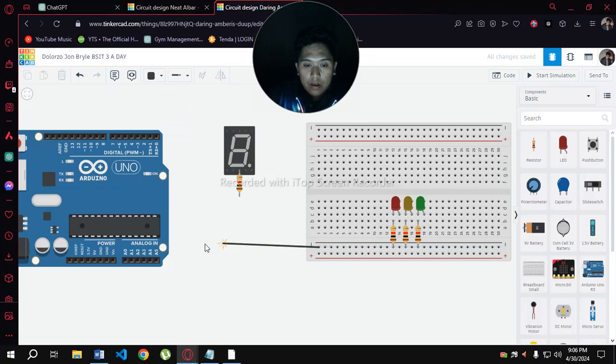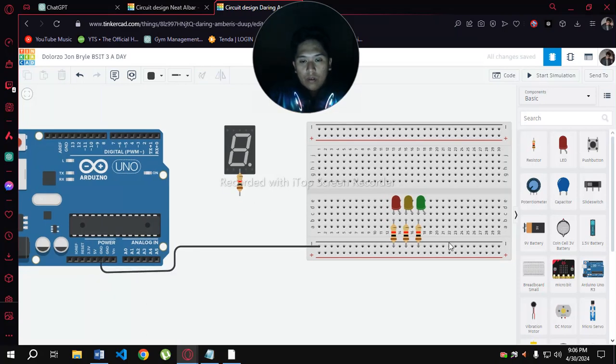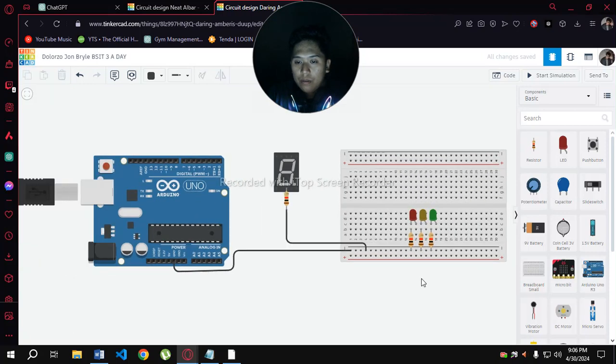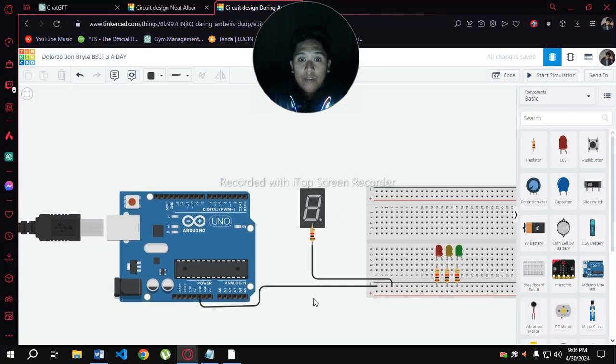As you can see here, I'm going to show you how I'm going to connect. Okay, so it's already connected to the resistor, already connected to the ground, and now we are going to connect our 7 segment display. Now we are going to proceed to our 7 segment display.